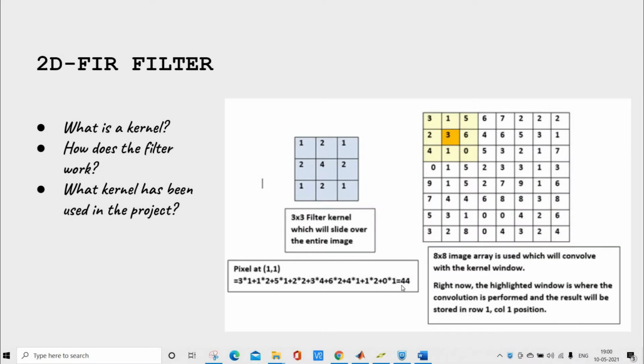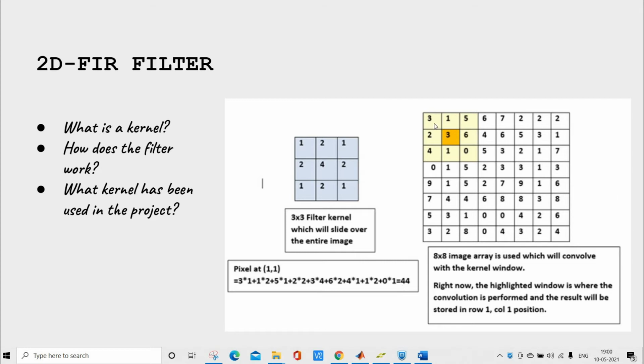Now, what is a 2D FIR filter? Basically, it is a two-dimensional filter which is used to process two-dimensional signals like images. In our case, we are using a 2D FIR filter for image processing. We are going to use a kernel, which is nothing but an m cross n matrix with certain values, which will be sliding over my image matrix and convolving with the values, performing multiplication followed by addition operations, and storing the values in my final image. This leads to the processing of the image for whatever purpose we want to use. Accordingly, we can change the kernel values.